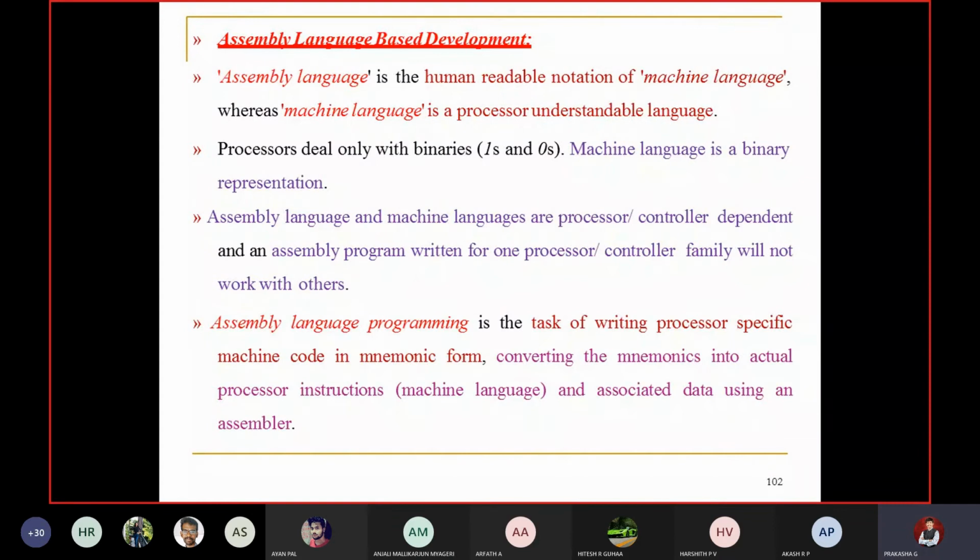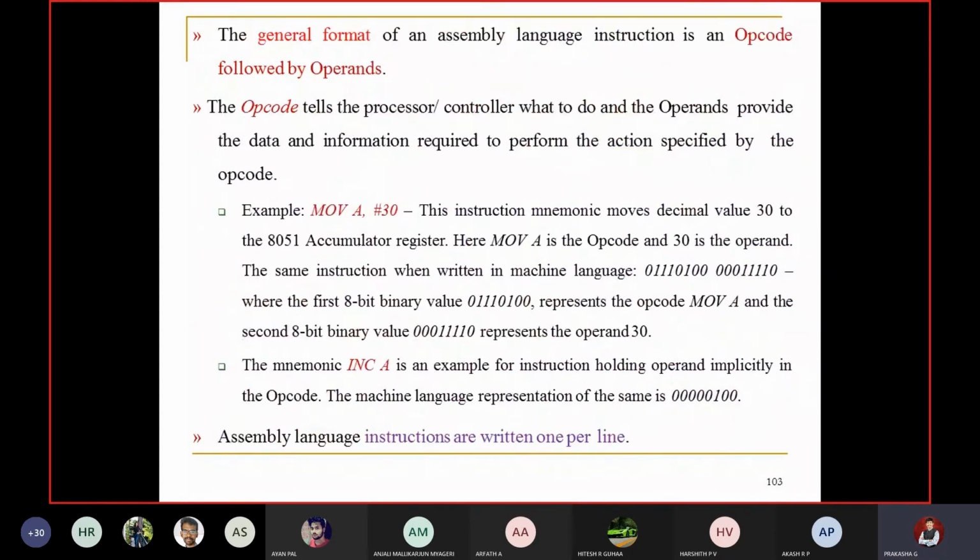We can write assembly language and it can be converted to binary. The general format of an assembly language instruction is an opcode followed by the operand. You know that, I need not explain much about it. The opcode tells the processor or controller what to do, and the operands provide the data and information required to perform the action specified by the opcode.